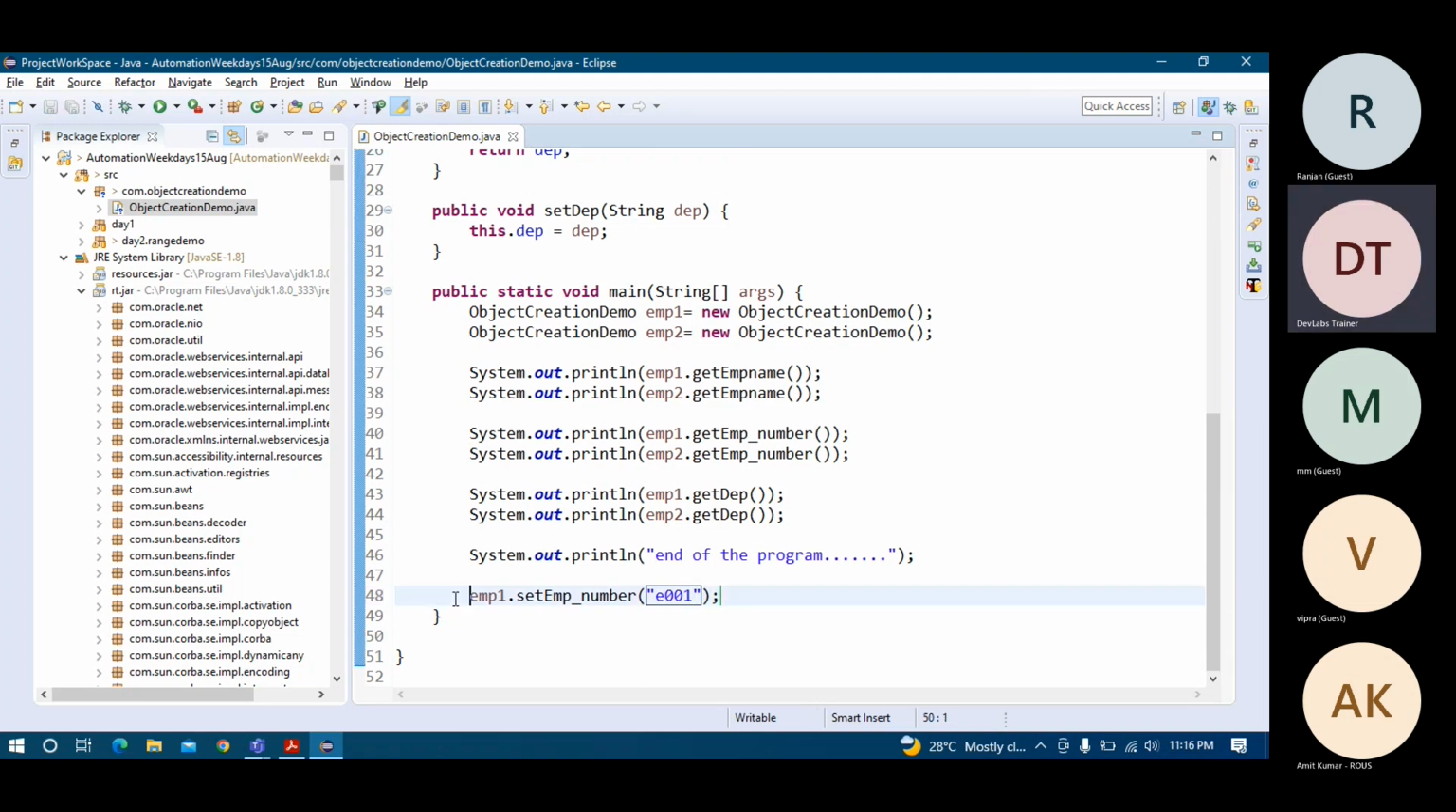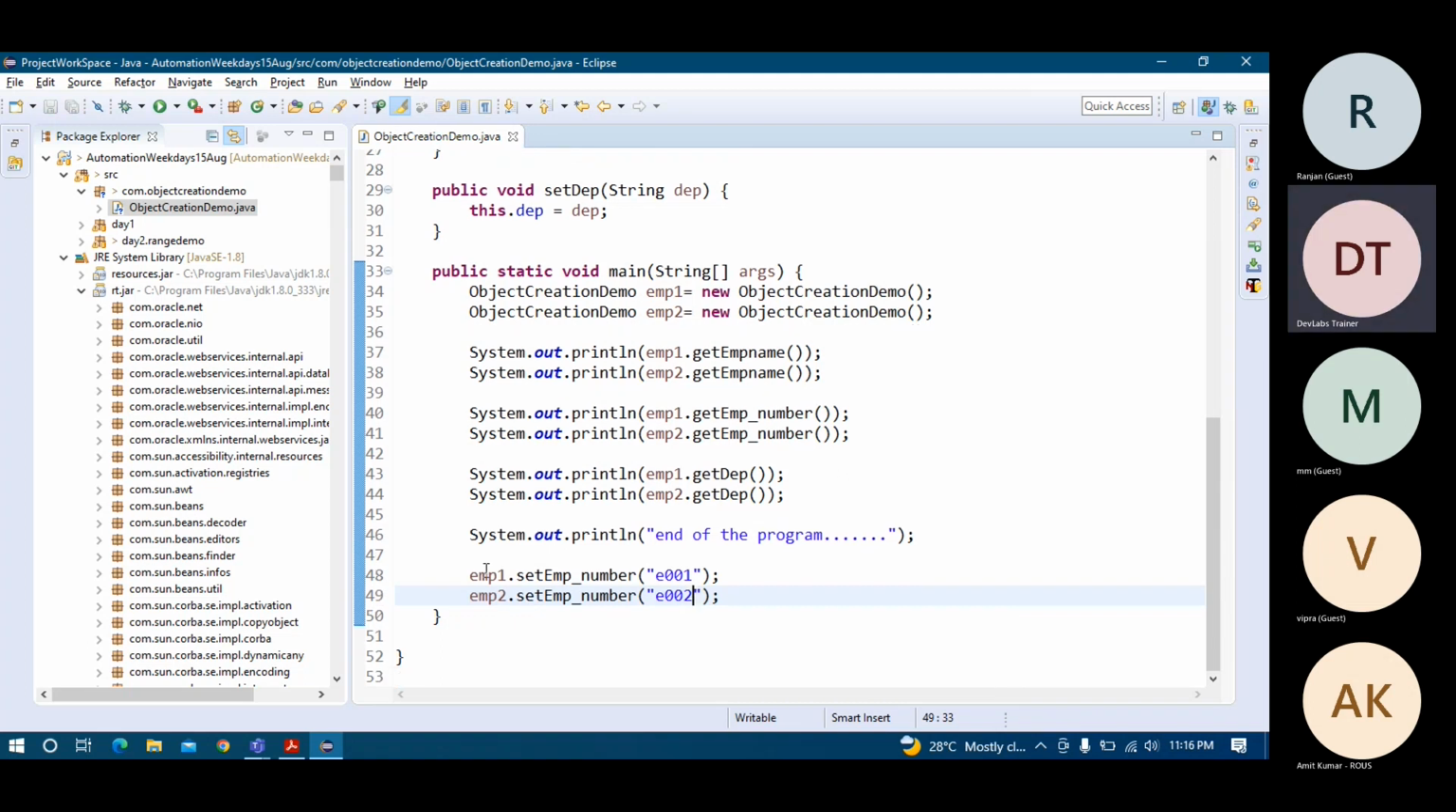So now I have this data. I will copy this. I will paste it. For EMP2, I will have like E002. So this part also done. Now I will take again for EMP1